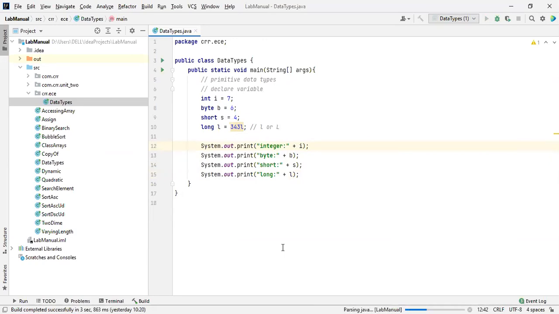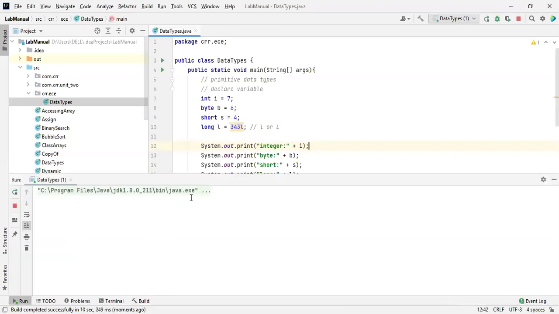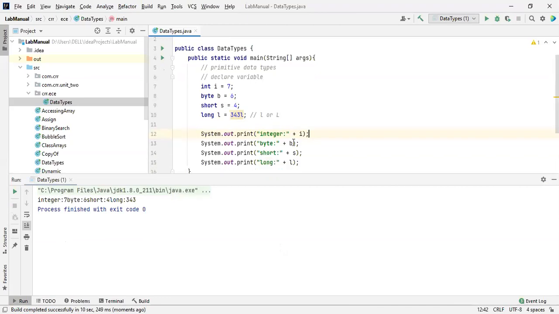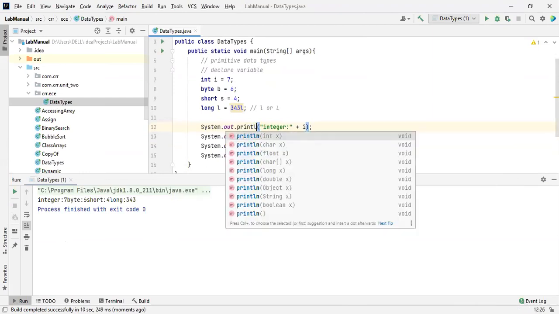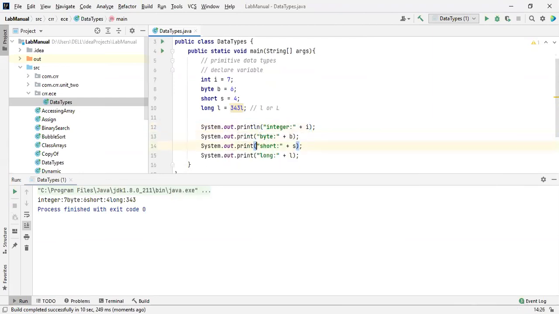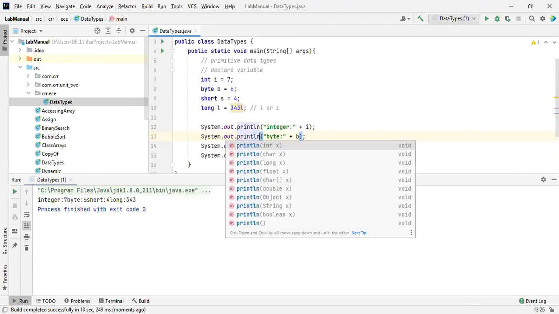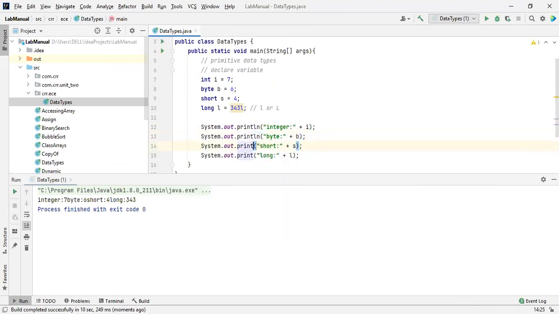It is taking so much time. Run, run, run. See this one, everything got printed. I need to mention this. Inside the same line, I'm printing. If you mention ln, I'm going to show the variation between a print and a println statement.